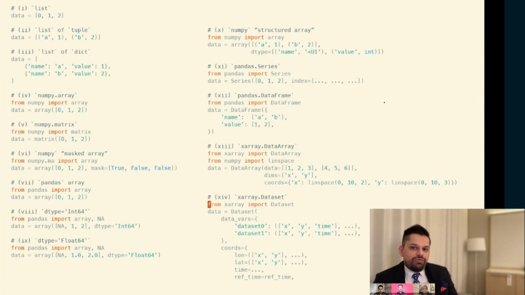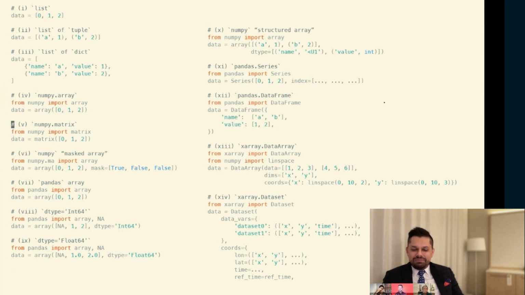But I have a question for Cameron, and I think we can take maybe one or two of these before we wrap this up. Cameron, you are a pandas expert. When do you use a NumPy array, number 4, versus number 6, a NumPy masked array, versus number 8, a pandas array with a capital I Int64 dtype, or even more basic, what the heck is that capital I Int64 dtype in the first place?